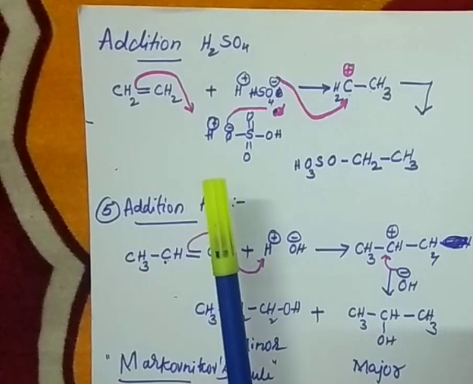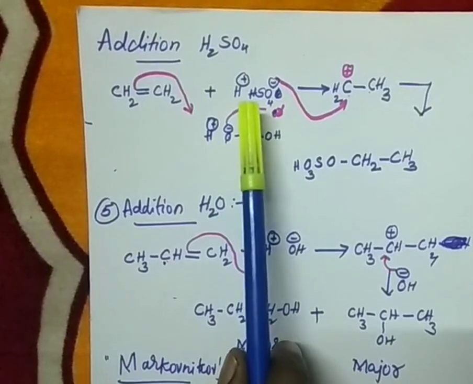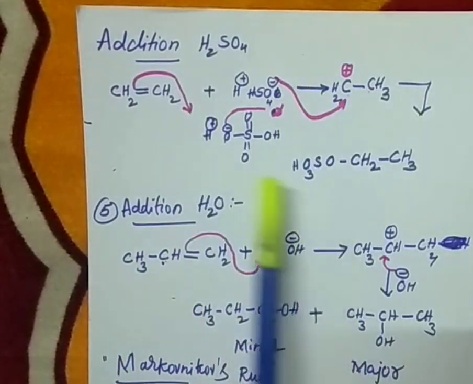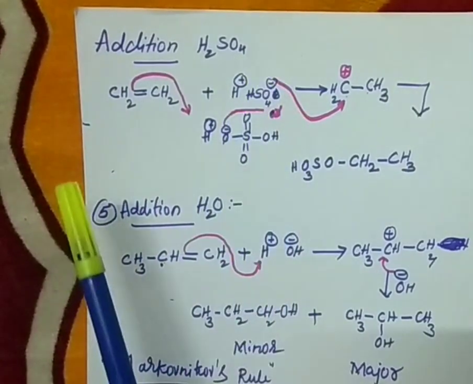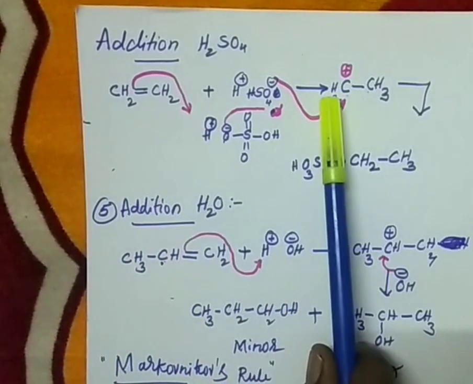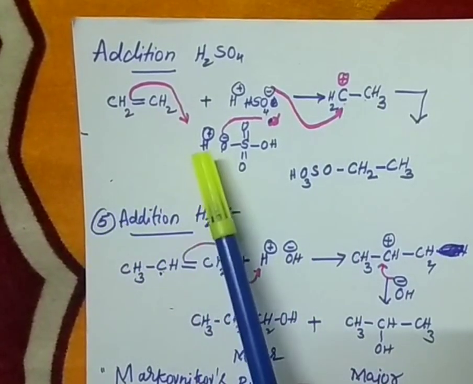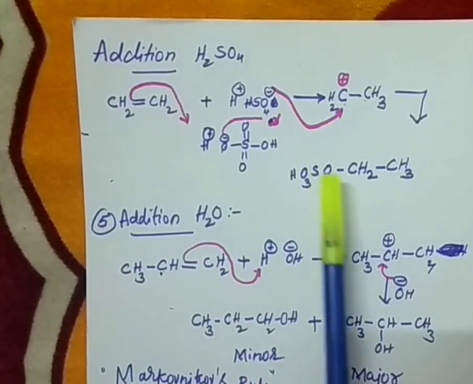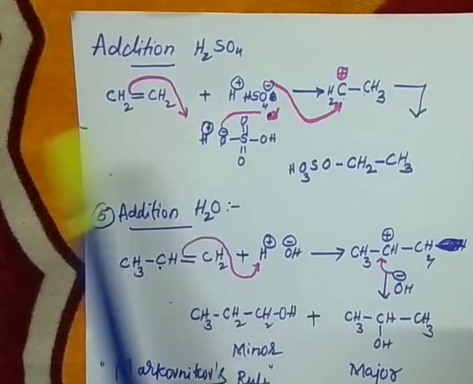Just like the previous addition reaction, there HBr was there. Instead of Br, here HSO4 is there. That's it. See, in my previous explanation, I didn't write all this because there is no need to write. It is very basic that in a compound what is positive, what is negative, and where the compound is added. But for your sake, I am again explaining and writing this intermediate. Actually, in the exam, you need not write all this. Just directly write the addition, what is the product. Therefore, this negative charge adds on to this carbocation and forms this one, ethyl hydrogen sulfate. Right? So, this is addition of sulfuric acid.